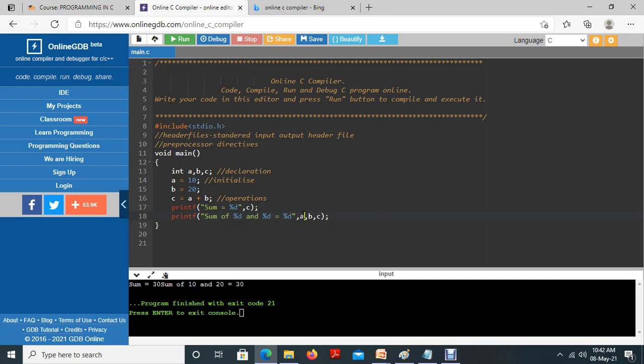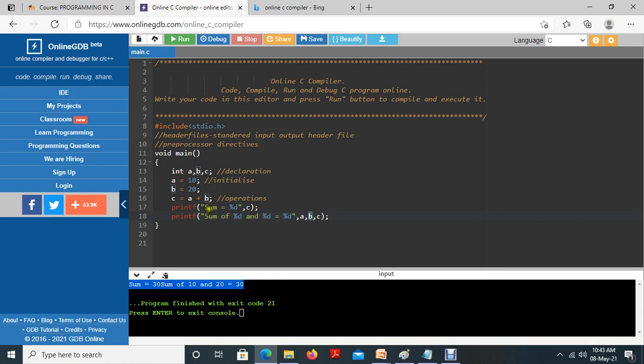Then the compiler looks for the variable, that is a here, 10, and for the second %d the variable is b, so the value available in b is 20, which is equal to %d, and the value available in c is 30. Listen, all these statements are printed in a single line, so it looks odd, it's not looking nice.